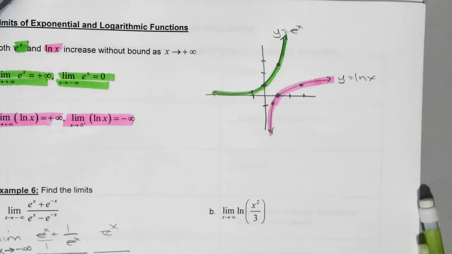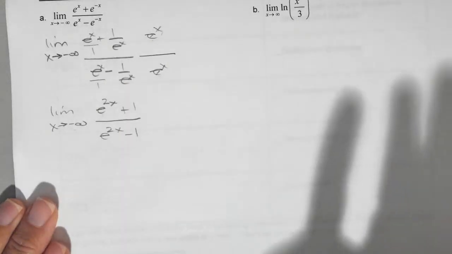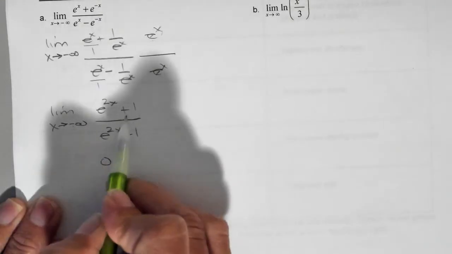Okay, so e to the x versus e to the 2x. Is that going to change what my graph looks like in terms of end behavior? What it's really going to do graphically is instead of it gradually going up like this, it's just going to shoot up quicker. But it doesn't change end behavior, does it? So then if I evaluate the limit as x is approaching negative infinity of e to the 2x, what is it? It's still 0. And then the limit as x approaches negative infinity of 1 is